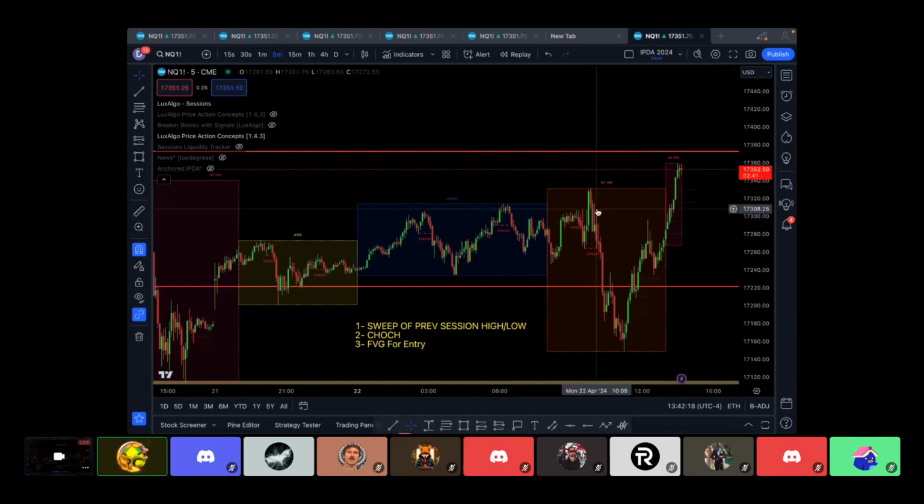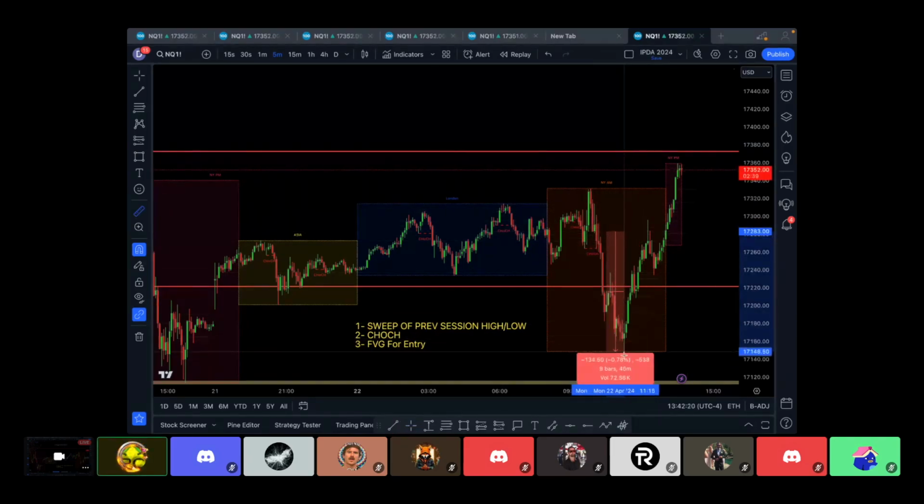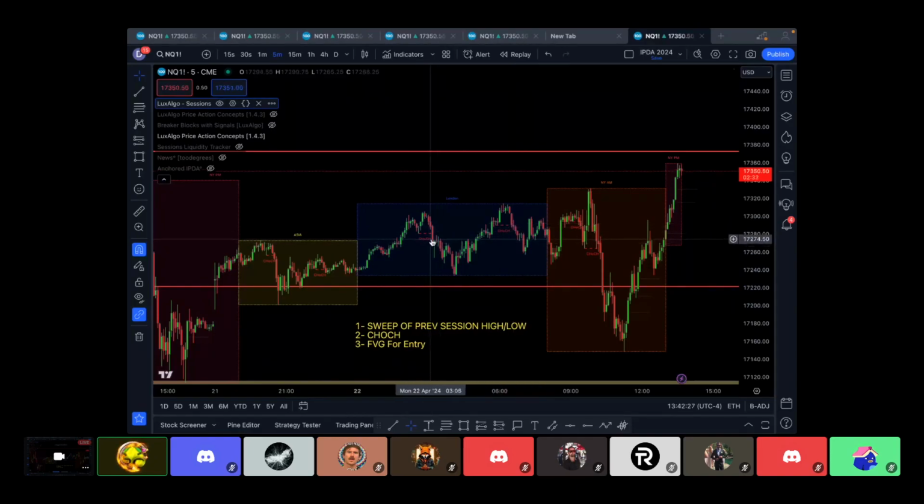And you can see how much the market moves. The market moves 500 ticks. If you hold this whole trade, you would have made 500 ticks with zero drawdown. This trade here, zero drawdown. This trade here, zero drawdown. Okay? Now